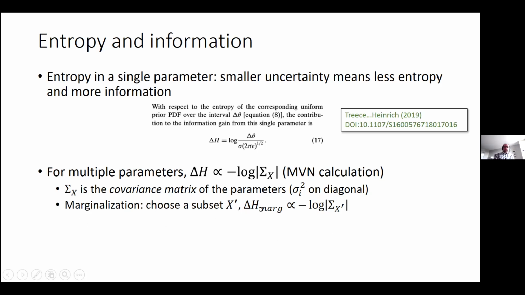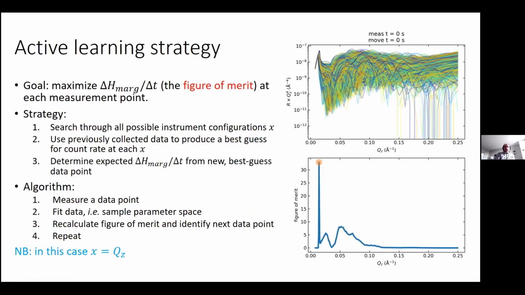If you want to marginalize, you just take the rows and columns of your covariance matrix that correspond to your parameters of interest, which I call X prime, and it's a fairly straightforward calculation. You're just using a submatrix of the full covariance matrix. And I'm going to call this information gain of the marginalized parameters delta H marg. So the active learning strategy here is to maximize the rate at which you improve delta H marg. So this would be the information gain